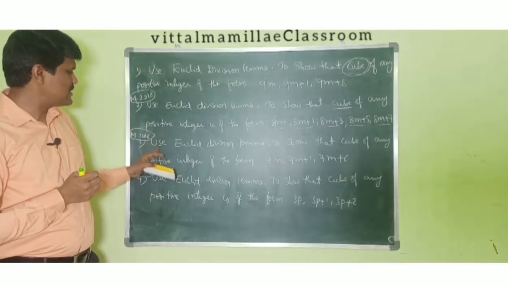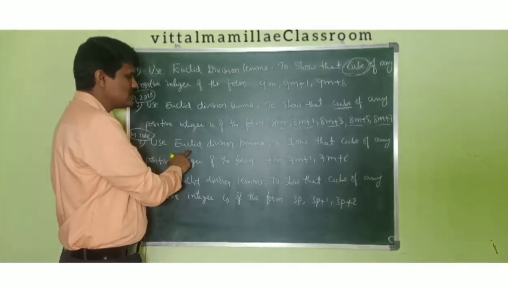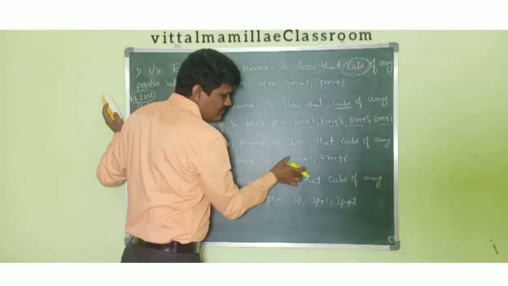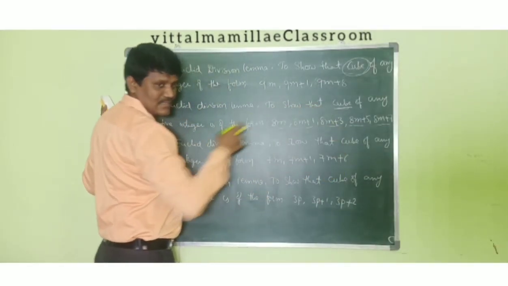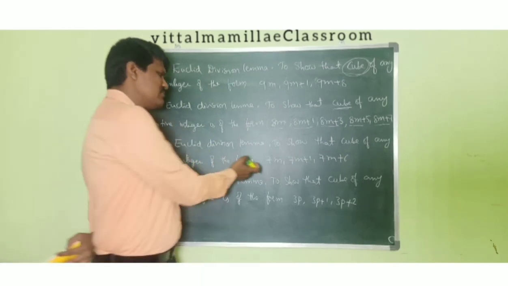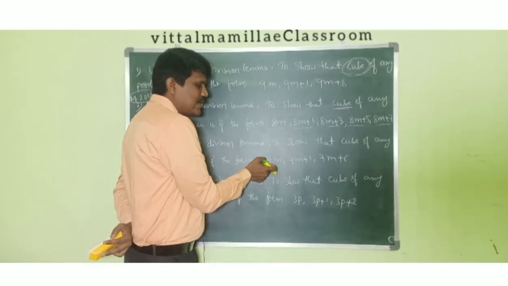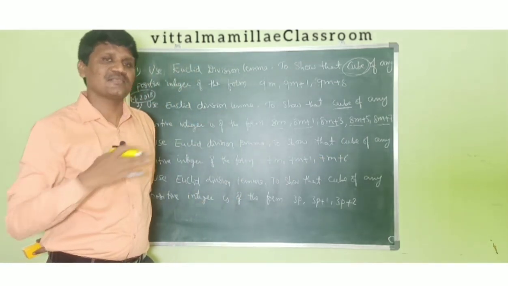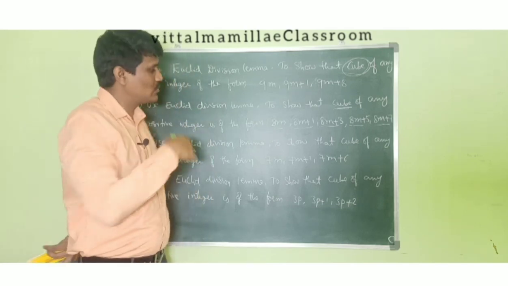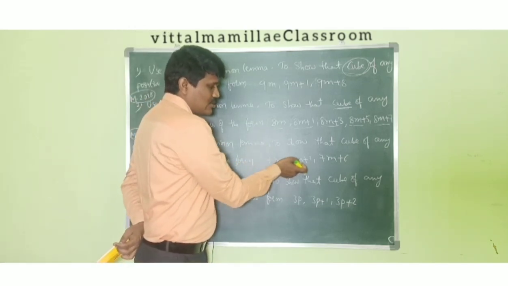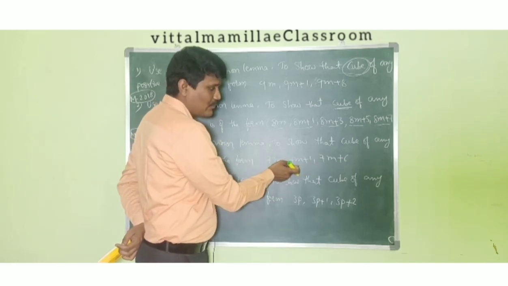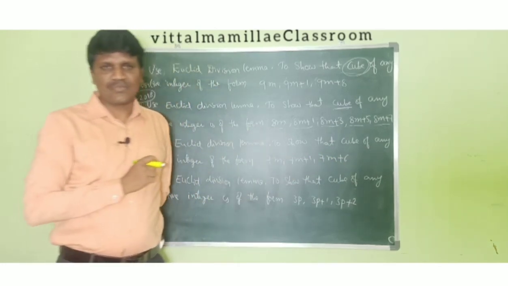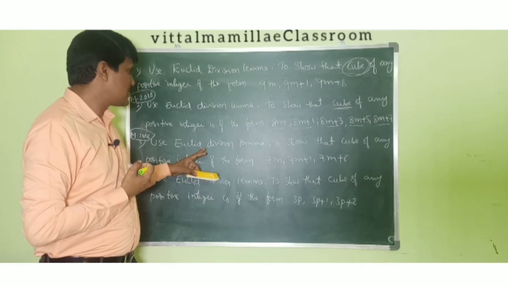And in March 2016, one more question was asked. Use Euclid division lemma to show that the cube of any positive integer is of the form 7m, 7m plus 1, 7m plus 6. How to solve this? This is the same thing. You should take b as 7 here. Then you will get 7 remainders, 0 to 6. So among the remainders you will get the form of only 7m, 7m plus 1, 7m plus 6. The remaining cases also fit one of these. Okay, this is the way to solve the cube problem.